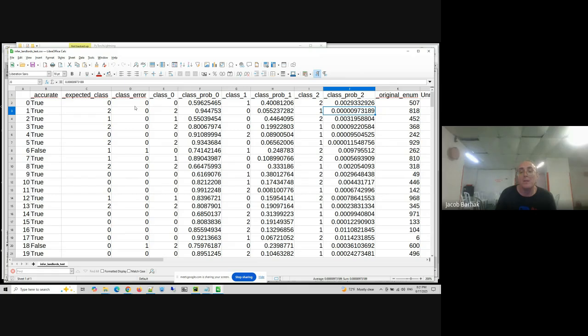Sorry, here I have to explain. Class 0 is the first choice. It says I chose this class, the expected class in our case, with almost 60% probability. The other one's 40. The third one was very low probability. So class 0 is the probability of the highest one.